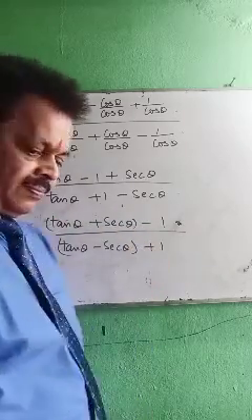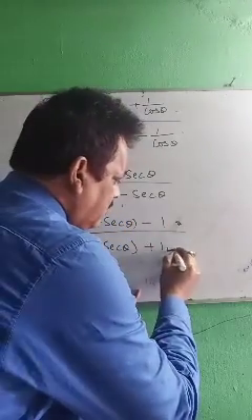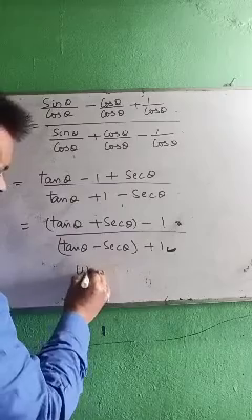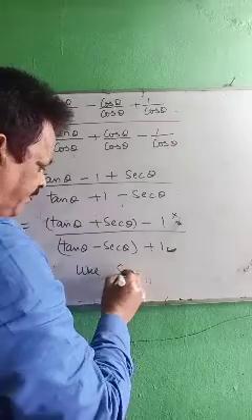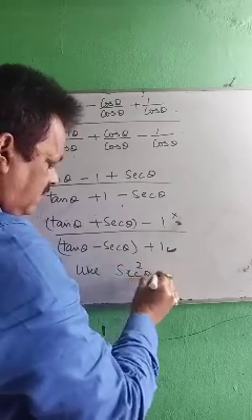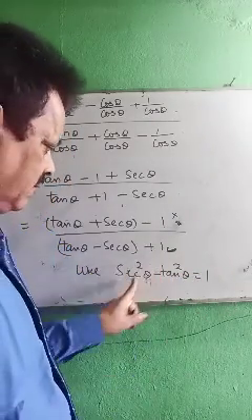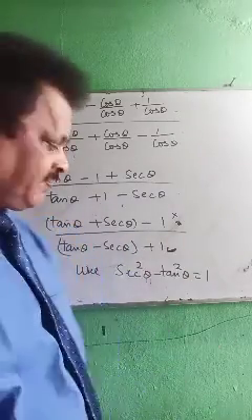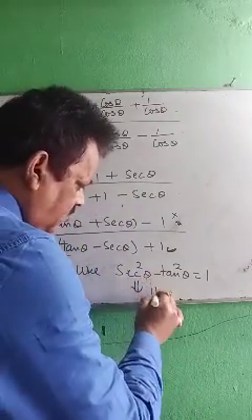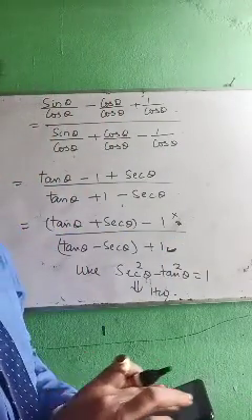plus 1). Okay, now look, since your answer is in the denominator, this one you have to use only for this, not for this. Only for this one you have to use sec square theta minus tan square theta equals to 1. So in place of this one you write this, like the previous question, factorize, take common, you will get your answer. So from here it is homework for you, try to complete. Okay, next question is,